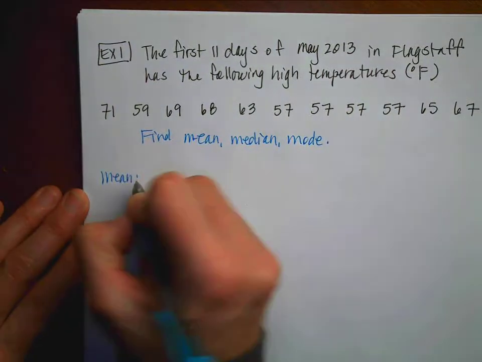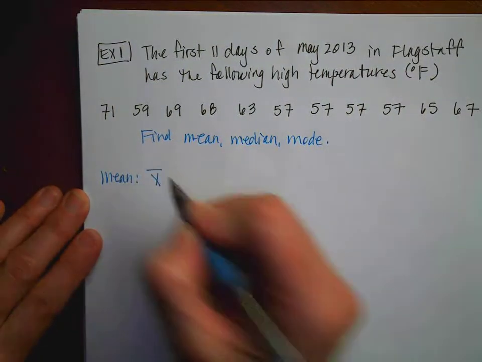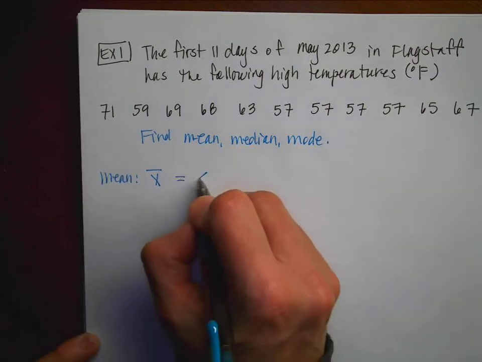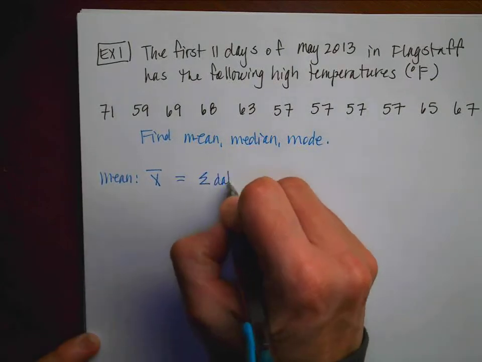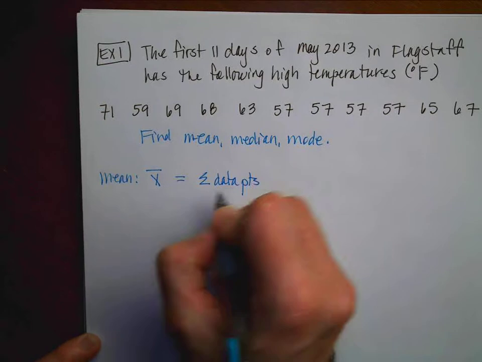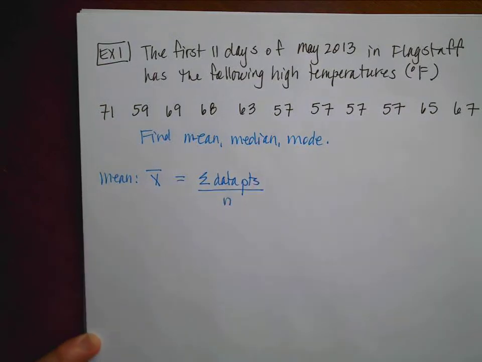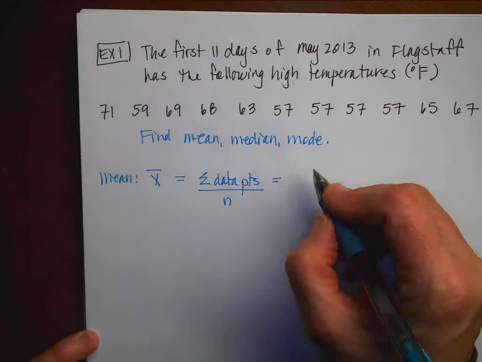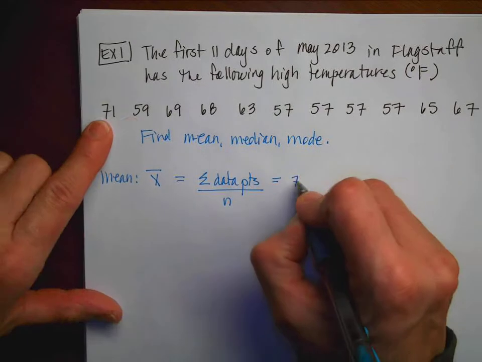Okay, so let's start with the mean. Remember that we are using a sample, so it's going to be X bar. So that is the sum of the data points divided by how many. Okay, so then what I'm going to do is I would add all of these numbers